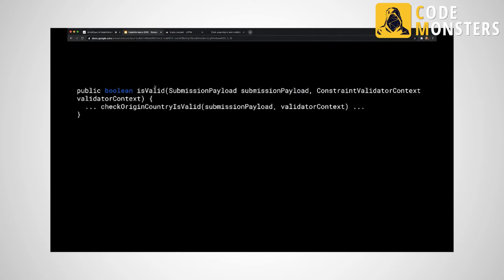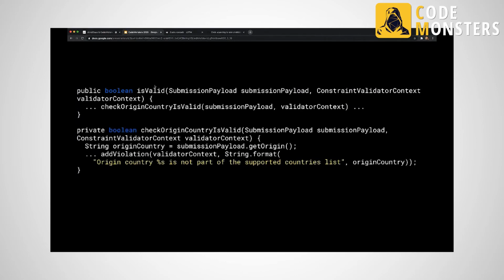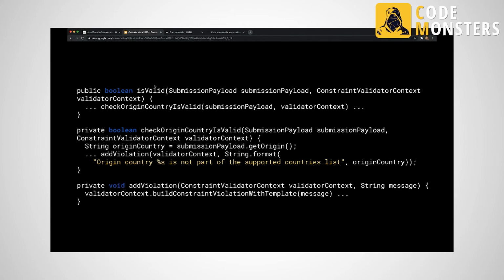This one is passing the submission payload down to check origin country is valid, which is getting the origin string from the payload, concatenating that with a string literal, and then passing that into the add violation method. And the add violation method is basically just invoking the build constraint violation with template method